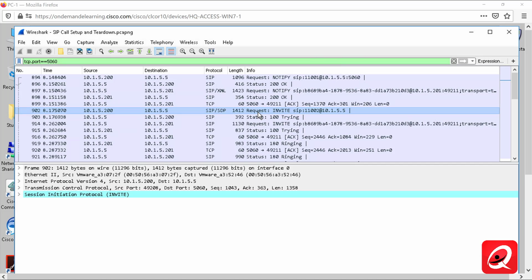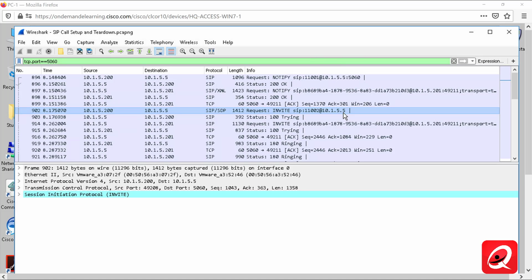We talked about this in our lecture portion. This means that this is an early offer packet because it actually includes session information, the SDP information. We have delayed offer and early offer. Delayed offer would not include any of that SDP information, whereas the early offer does. We can also tell what telephone number has been dialed based on the SIP URI, 11002 at 10.1.10.1.55, which is our SIP server. So we're identifying that endpoint